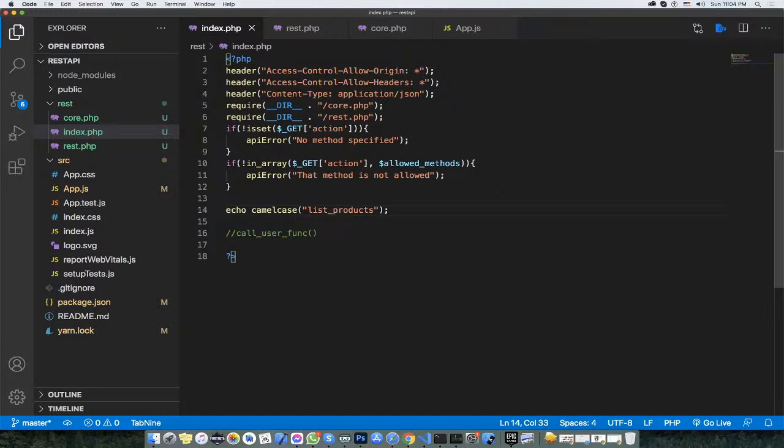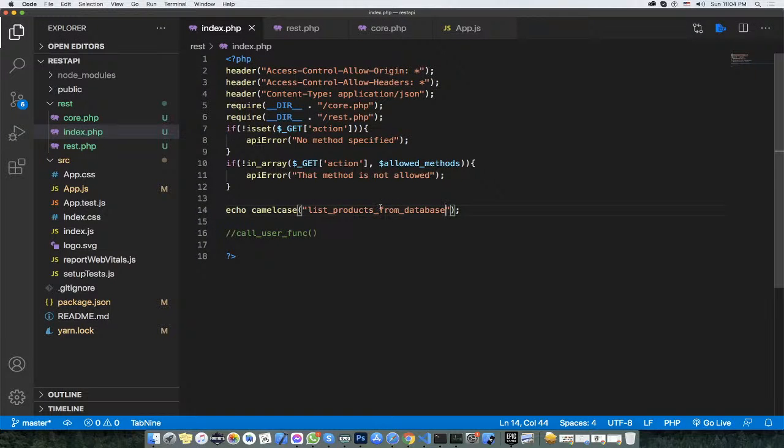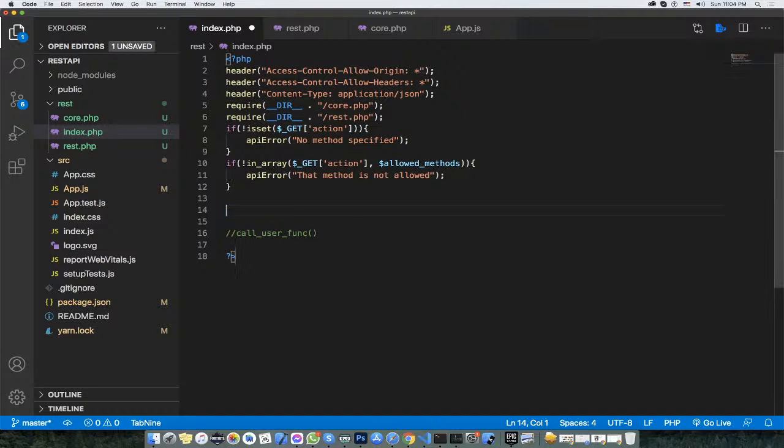Okay, so we have the camel case. If we add one more, or maybe we should try a couple more words like list products from database, and save and reload. It will change our keyword to camel casing for each keyword. Great. Now just call a user function,